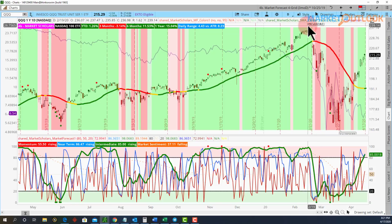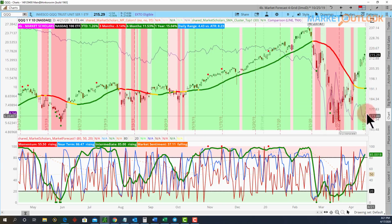And again, maybe without the price war in crude oil between Saudi Arabia and Russia, maybe we stop right here, and that's all the pullback we get in the market as a whole. The price war exacerbated this. And since that's been taken care of, and now the coronavirus, which was the other catalyst, is kind of being taken care of, supposedly, we've had a good rally, but these other markets are not